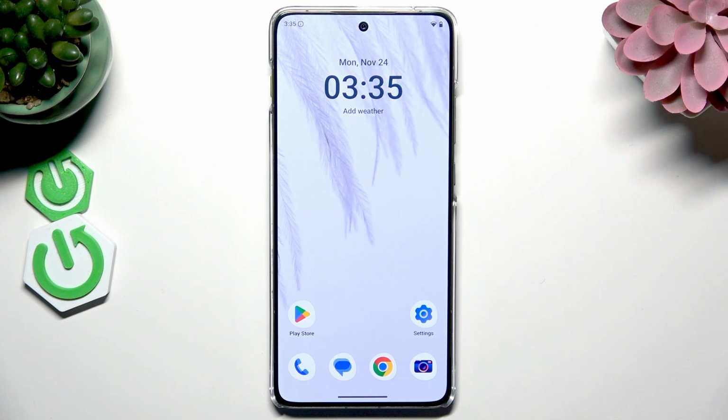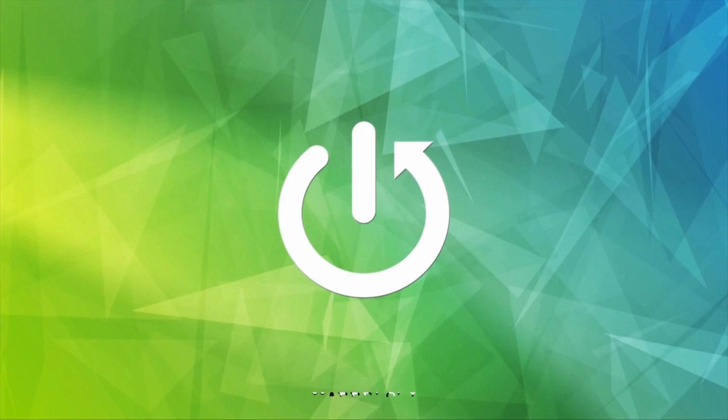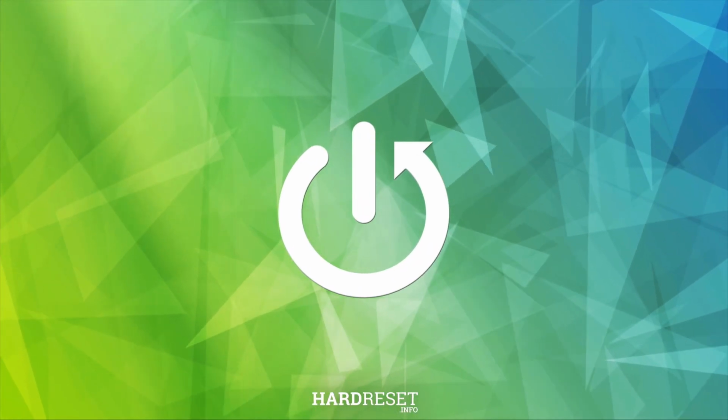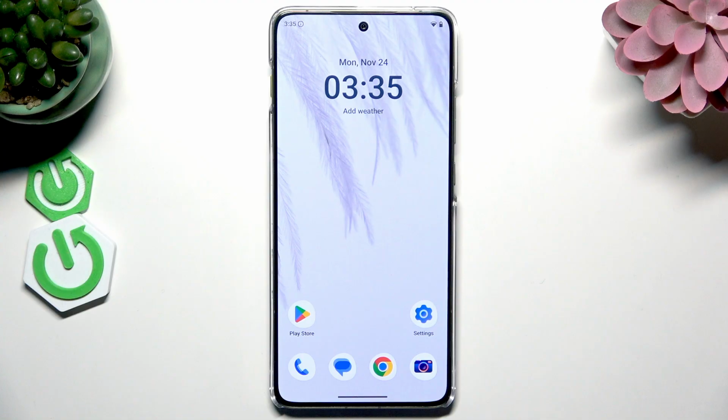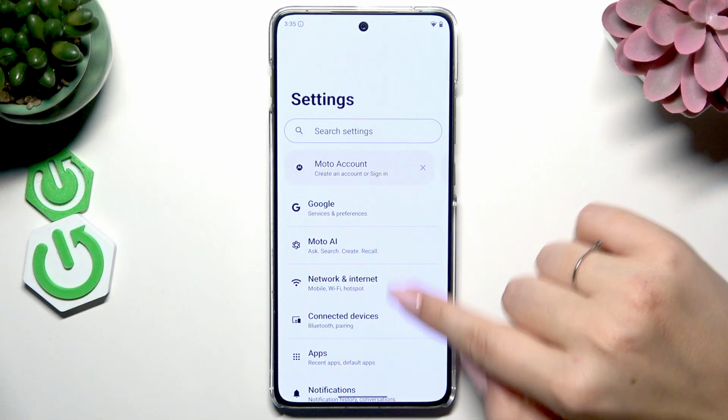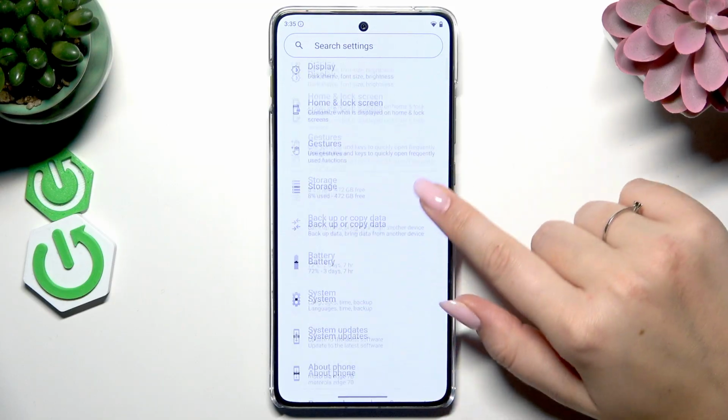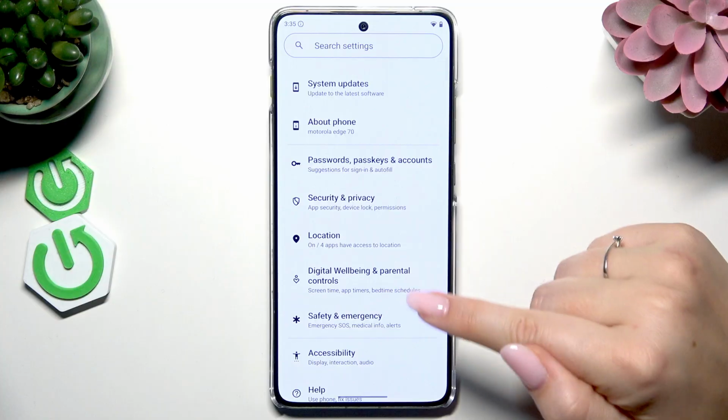Hi everyone, in front of me I've got Motorola Edge 70 and let me share with you how to check the total screen time on this device. So let's begin with opening the settings, and here we have to scroll down and find the option Digital Wellbeing